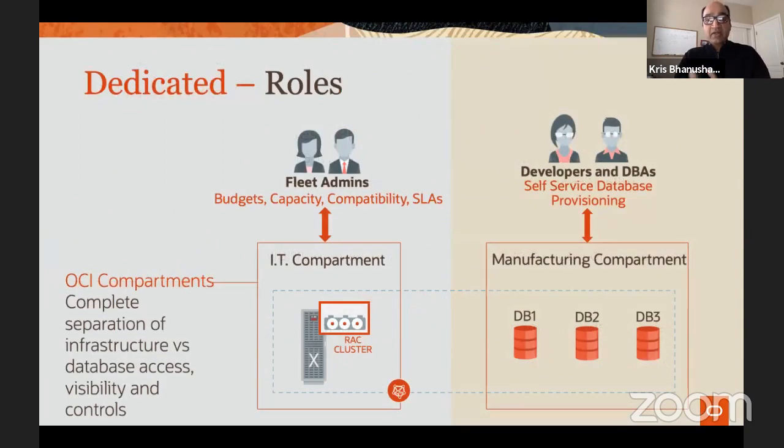Now, getting into the details of what the dedicated service is, and I mentioned how this is crucial for an IT organization. You'll see that the service is designed with a set of roles in mind.